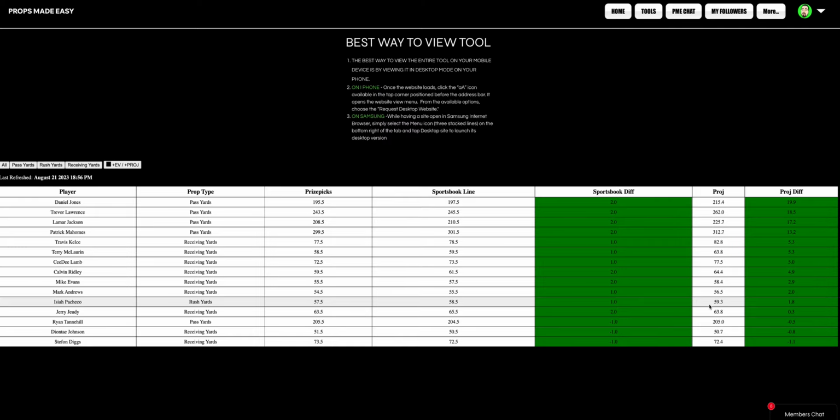Okay? Some other spots that I like. Let's go to receiving. Travis Kelce looks like a fantastic option. Kansas City lost a lot of weapons. Kelce is that number 1 guy. We already know that. Mahomes is projected to also have a great game. We like his over on his 299. Travis Kelce at 77.5 is too low. Sportsbooks have it over. It's a 1-point sportsbook differential, but a 5.3 projection differential,